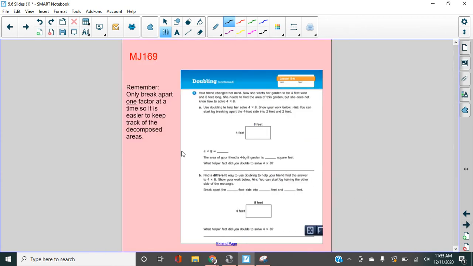All right, you are going to work on this page. It is Math Journal, page 169. And on this page, you have one problem to do. It has 2 parts, right? You're doing number 5. You're going to read here, and you're going to use the strategy that we've been working on to solve this. Now, even if you know this problem, I still want you to use this strategy because